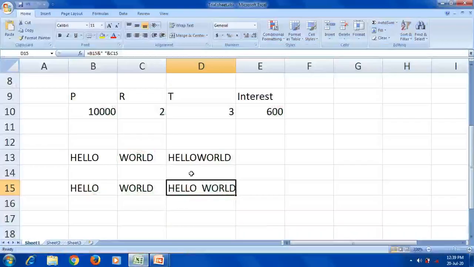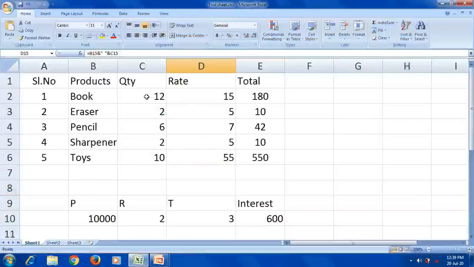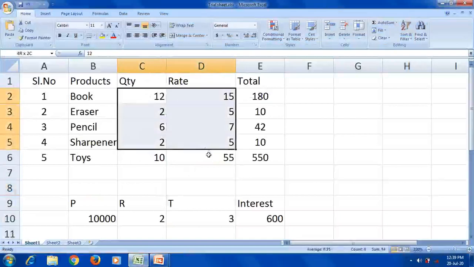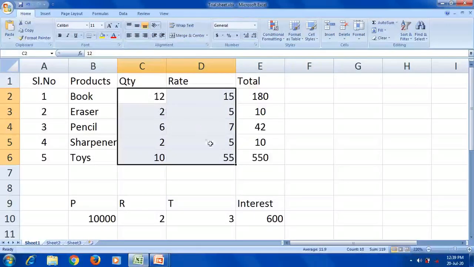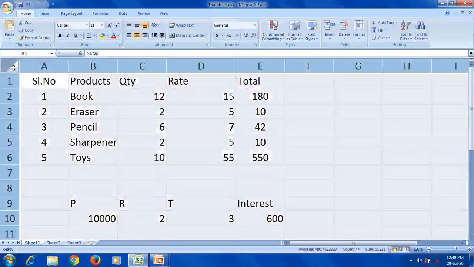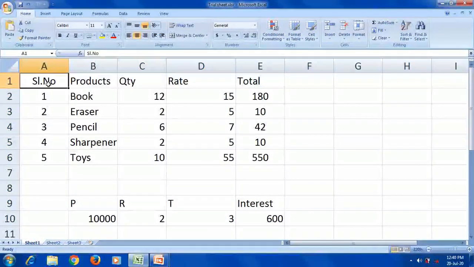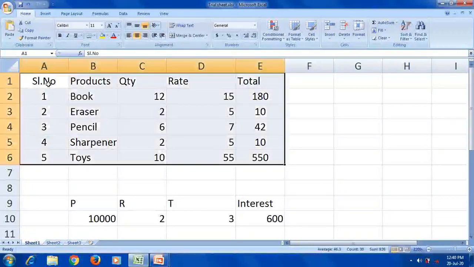Move to Excel. For example, see now, if I select continuously, it forms one range. Got it? So this is one range, from here till here I selected. It can be a group of two cells or as big as an entire sheet. The range can be only two cells, or it may be the full worksheet. If I click here, the entire worksheet gets selected. Or if I press Ctrl A, the entered values range gets selected. Understood? So that is the range.